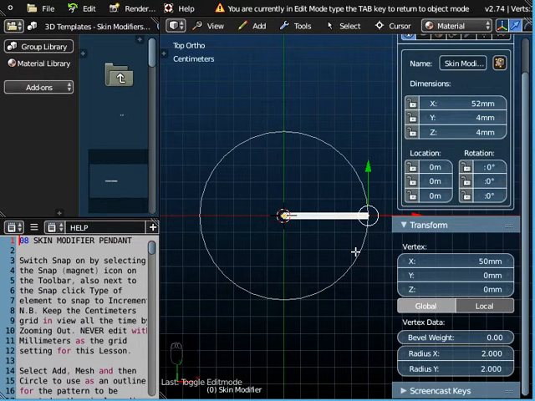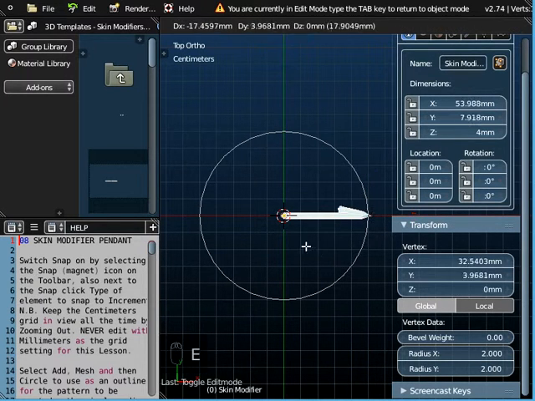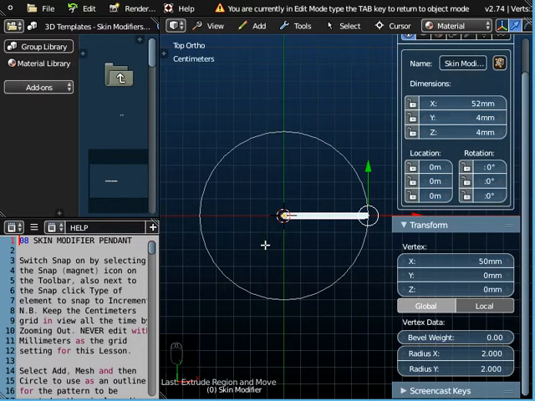And in order to manipulate this object, we want to use the extrude command. So with this node highlighted, we call the end of the skin modifier a node. If we press E on the keyboard, we can extrude it. Now I want to draw a symmetrical pendant, so I really want it to go to exactly a point there. So I'll just press the escape key to cancel that at the moment and press tab to come